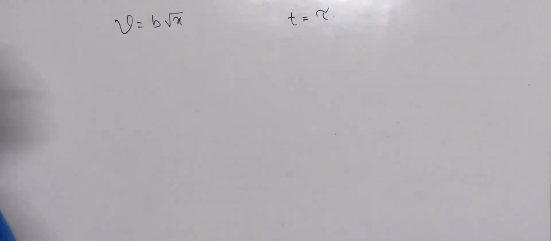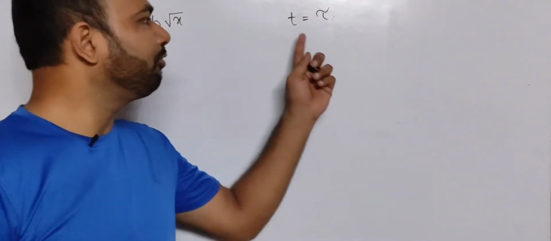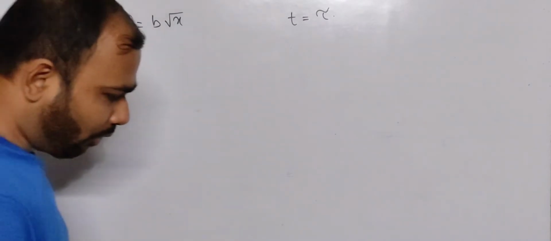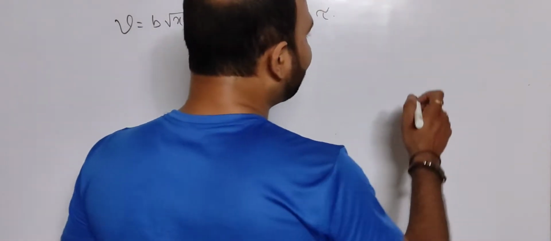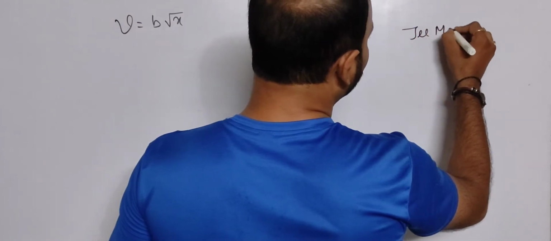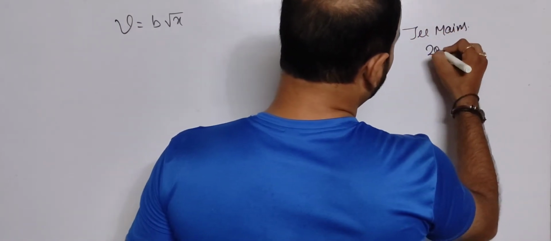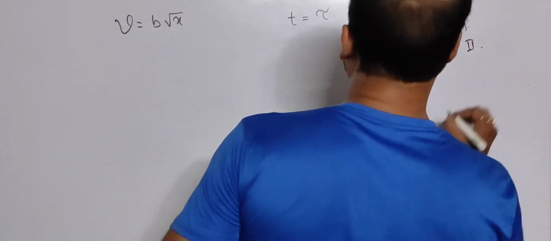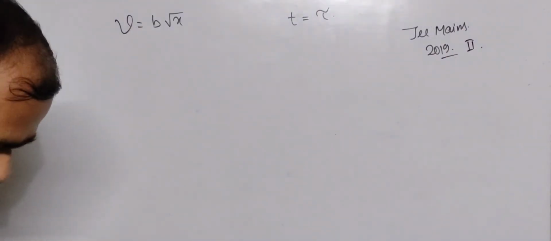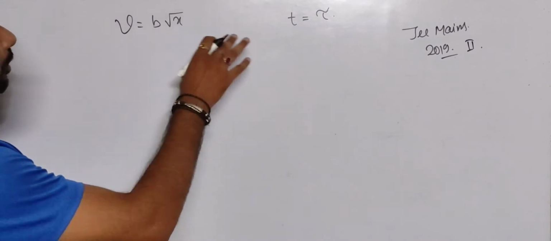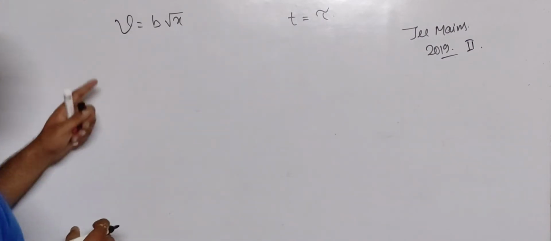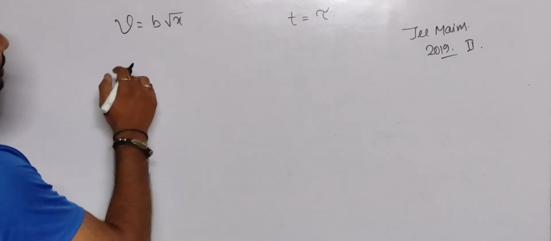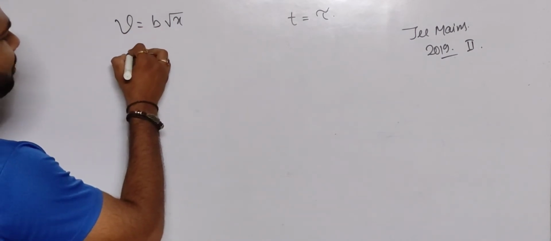Now the problem is we cannot put the value of t over here because velocity depends on x, and the question was asked in JEE Mains 2019 second shift. So we cannot put the value of time, so we have to change the expression of velocity in terms of time. First we'll change v equal to dx by dt,